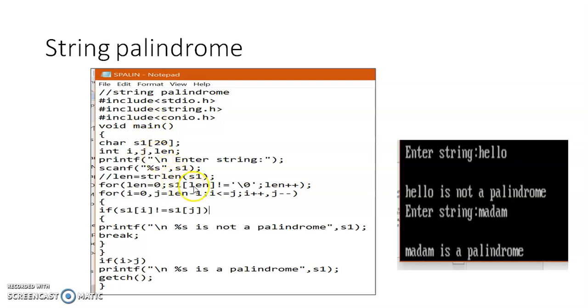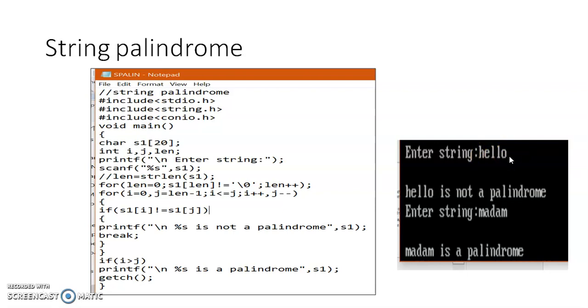At s1 of len we have h, which is not equal to null, so the semicolon is executed, then len plus plus, so 1. At s1 of 1 we have e, which is not equal to null. In this way we reach the null value of hello, the end of the string.